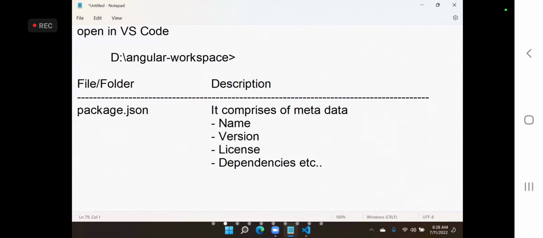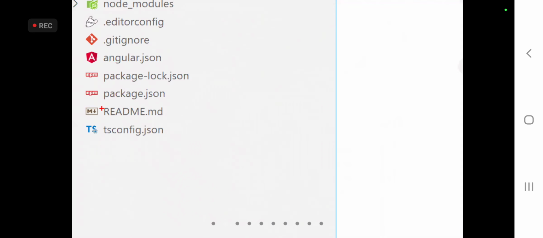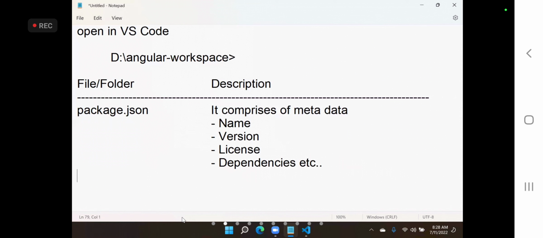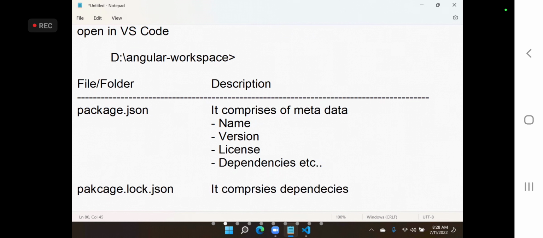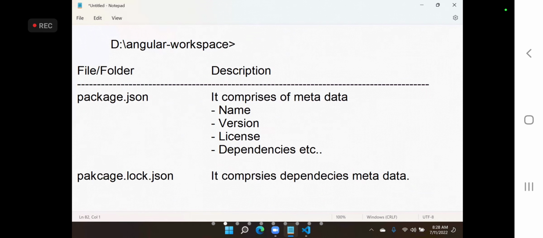There is another file actually. You see package JSON is already there, and there will be package-lock JSON. Another file you will find is package-lock JSON. This package-lock JSON comprises dependencies metadata, that means detailed information about every dependency.